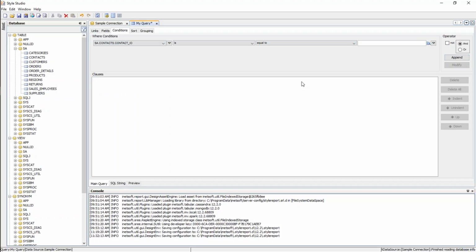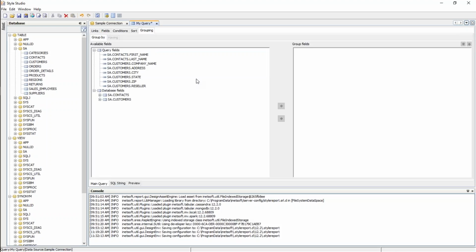Just delete all condition. And the way that grouping works is you go to the grouping tab and you select the grouping field. So let's say that I wanted to group this on customer state. Basically, I want to just list the individual states. So I would select a grouping field, and then what I would need to do is under the Fields tab